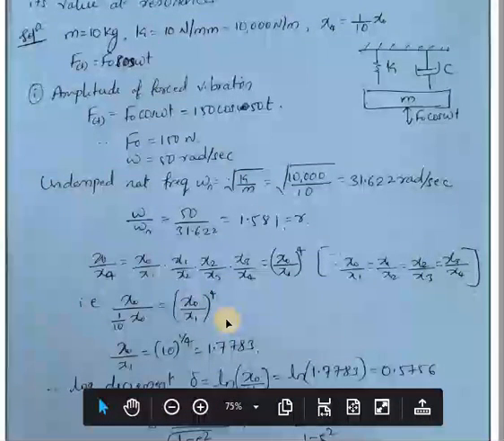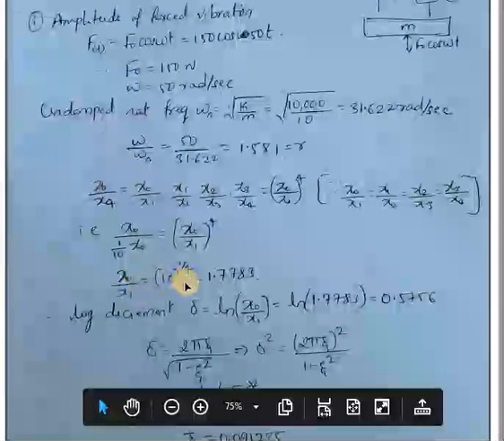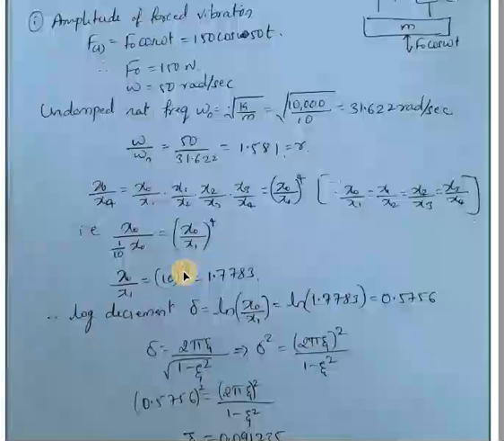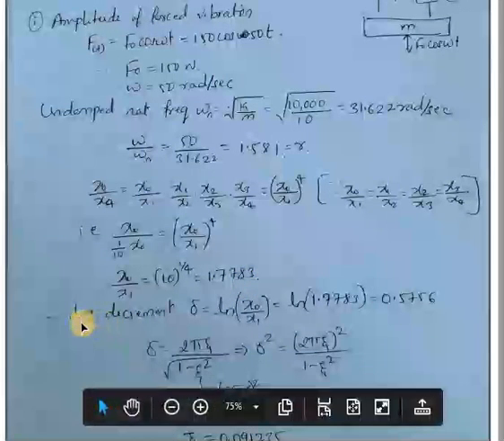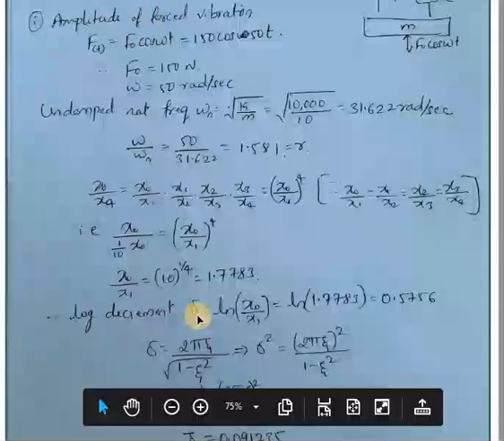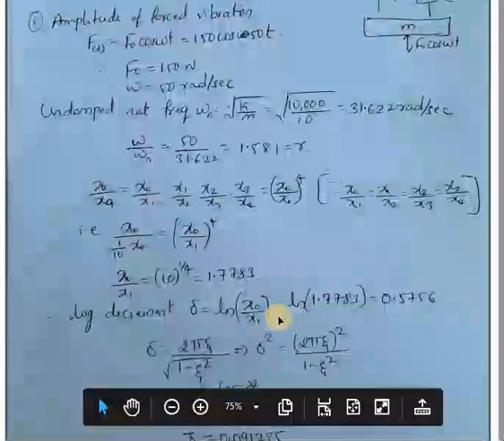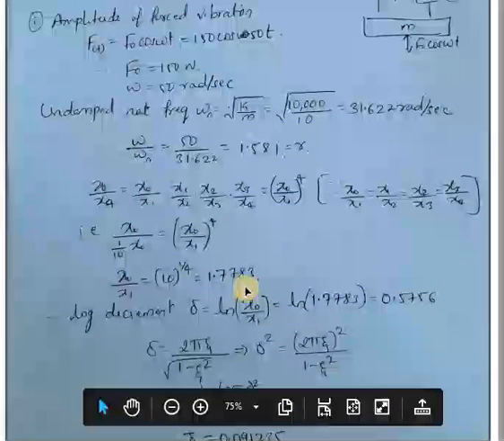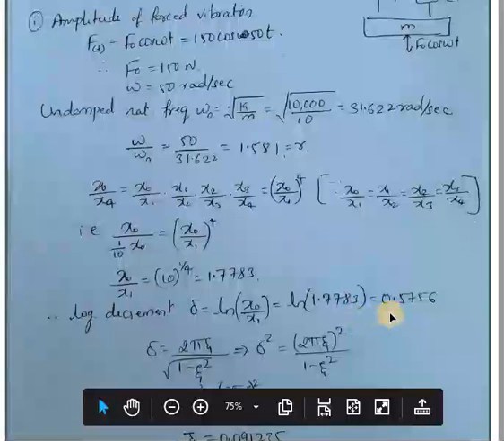So from this you can get the ratio of x naught by x1 as 10 raised to 1 by 4, which is equal to 1.7783. Now with the help of this, we can use the logarithmic decrement equation, delta equal to ln of x naught by x1, as you already know. You have calculated x naught by x1 here as 1.7783. If you substitute that, delta value will be